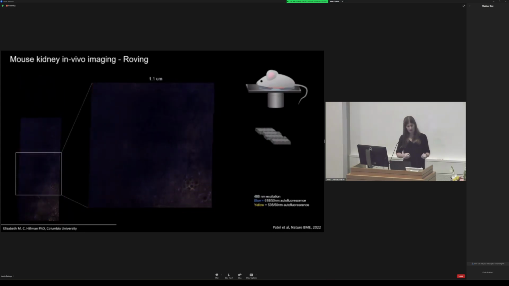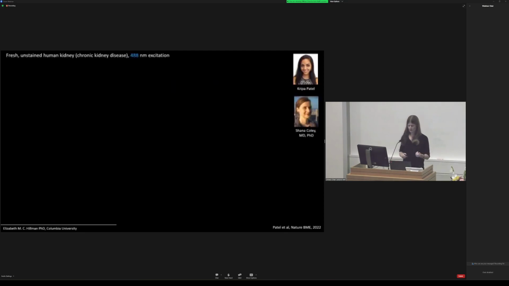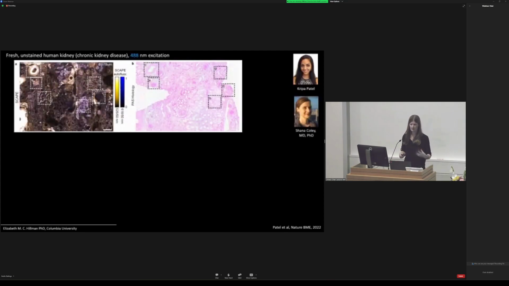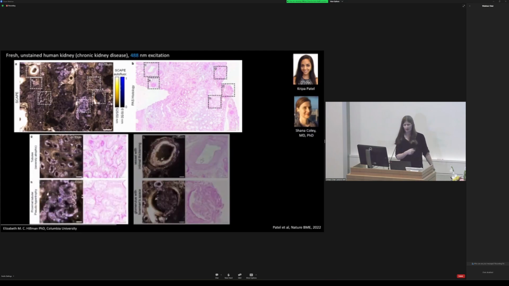And so, working with Shana Coley, who's a kidney pathologist interested in using this to do very rapid assessment of donor kidneys, we got pieces of fresh human tissue, a human kidney, and we did a comparison to PAS staining, showing that we could see all of these hallmarks of kidney dysfunction that she was interested in being able